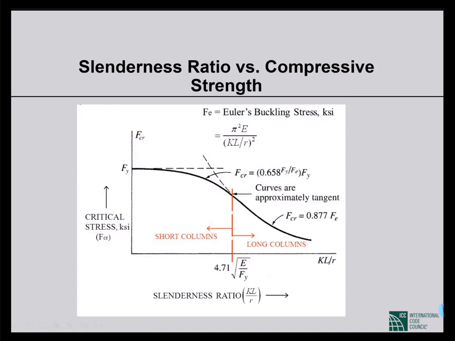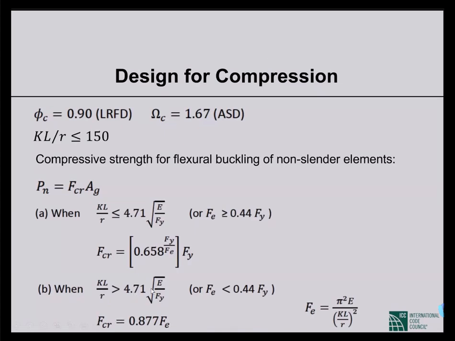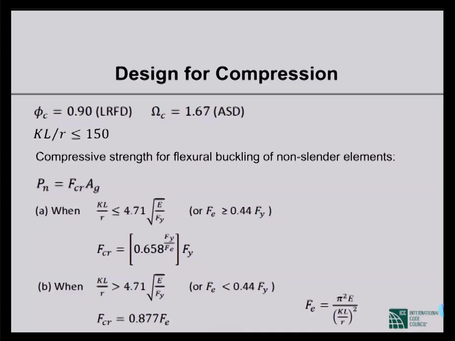One, when the KL by R ratio is very big, elastic buckling. If we want to allow that, okay, very good, no problem, but the capacity will be very small. And if the slenderness ratio is within this limit, 4.7 root over E by Fy, there will be inelastic buckling. And if our member is very short, then there may be complete plastic capacity. So that is the concept.